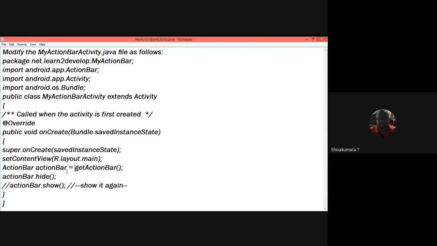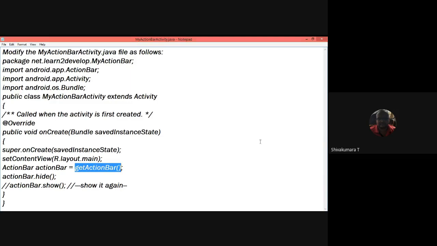You are retrieving the existing action bar which is already built internally by the Android OS. To retrieve the internal functionality of the action bar, you call the getActionBar method and assign it as the action bar for your current context.